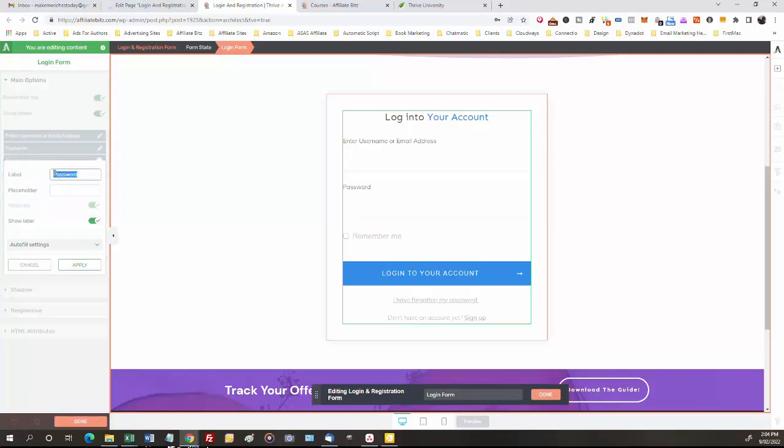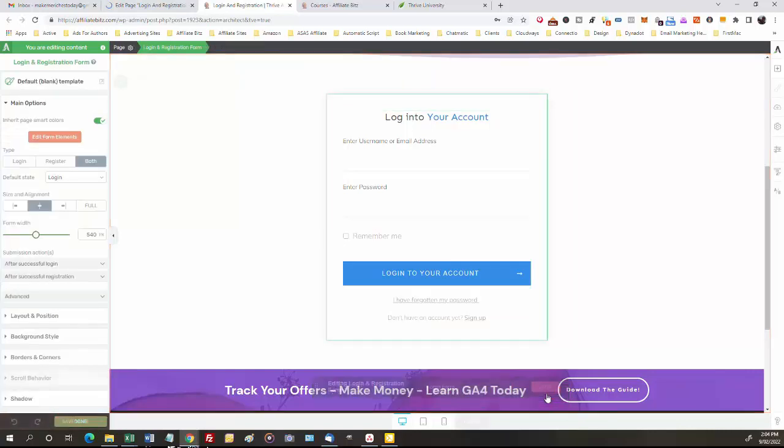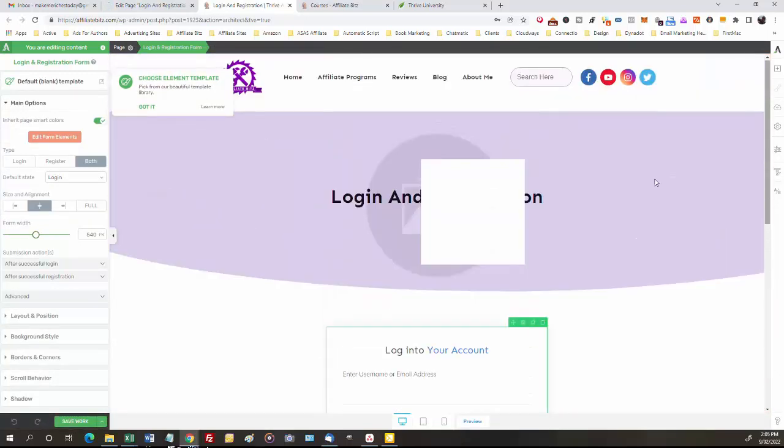So you can modify the message that's coming up in there. You can modify the text here. Once you're done, just click on done, and now we've finished editing the actual form element. But on top of this, what you have is this is coming from the default page setup that I have